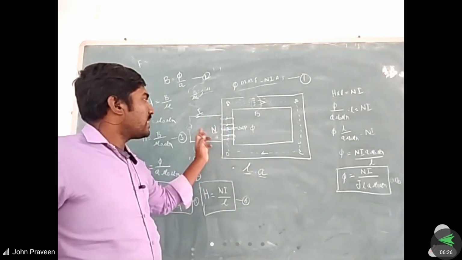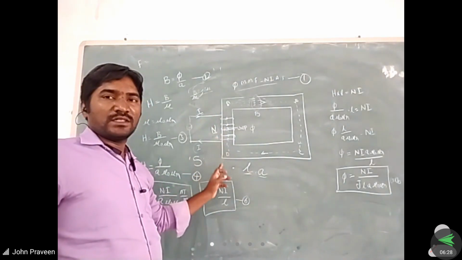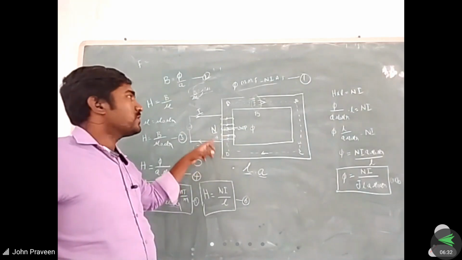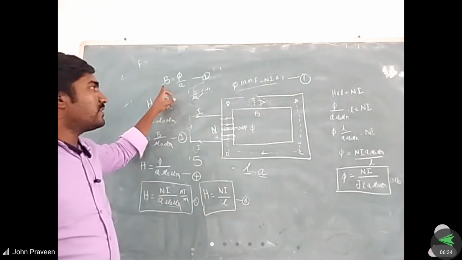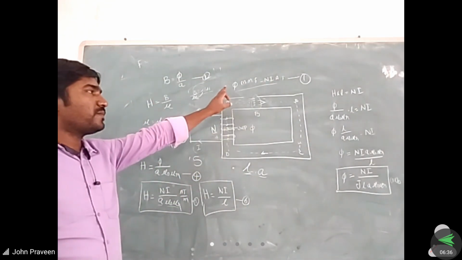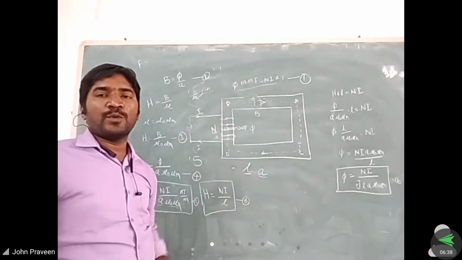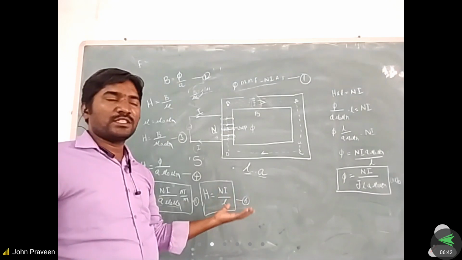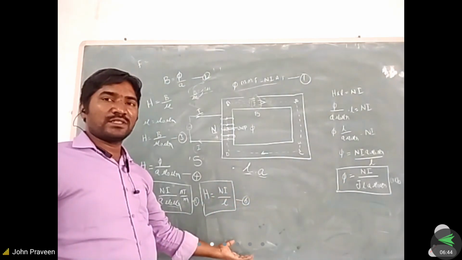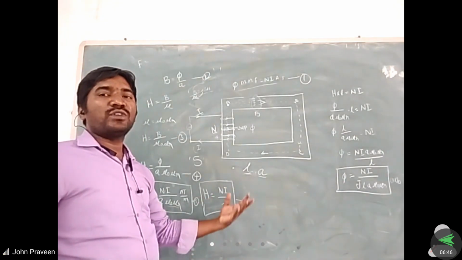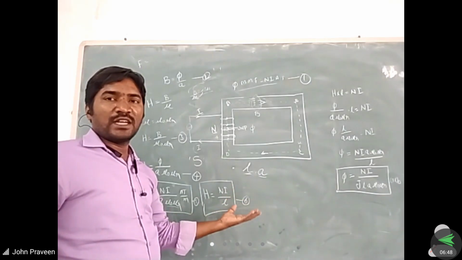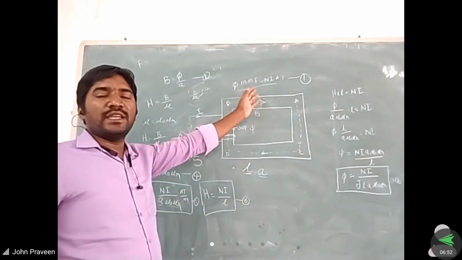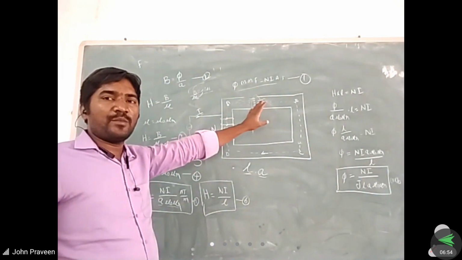So the rest of the things, the current is there and the number of turns is there. So there is a direct proportional relationship between those two. Because of that reason, we can write here that phi is directly proportional to N into I. But there is a constant, so the rest of the things we are assuming as constant. Because of that reason, there is no need to keep the proportionality; we can directly write the equation: phi is equal to N into I, that unit is the ampere turns.